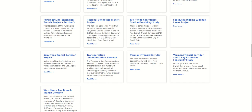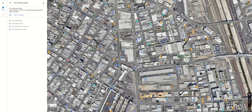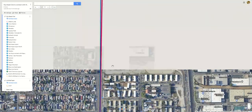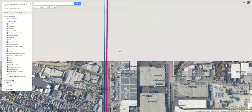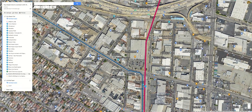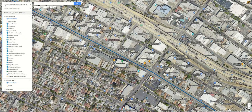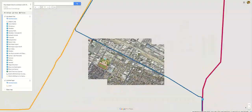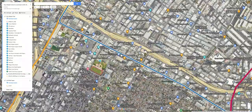Okay. Well, I'm not going to try to find it because I'll be taking too much time. All right. So I do believe that the A line and the O line should share its tracks. Come on. It will just be so much better. And then once it's on Washington, keep it at above grade. Keep it above grade, please. Okay. And let's have it run above grade until it gets to, and I'm going to show you guys something